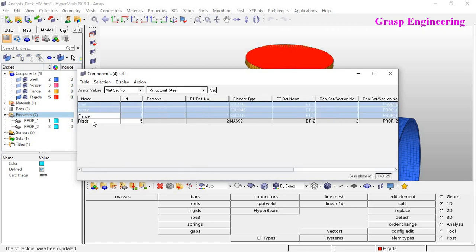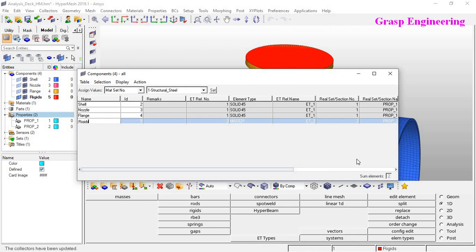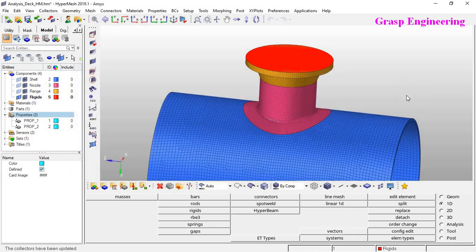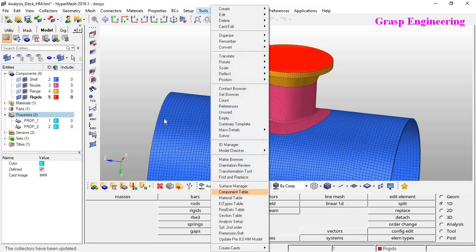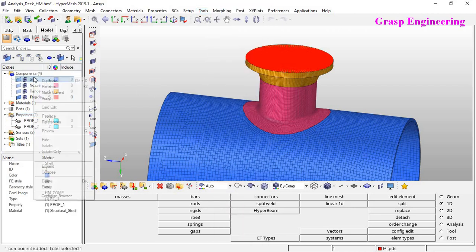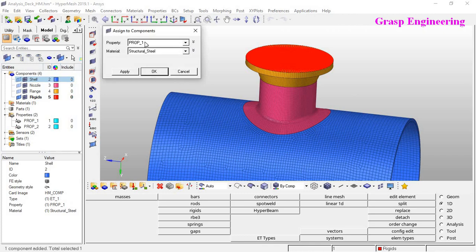So for this it is not required actually. These are the rigids, mass 21. Let's try with that. Close. So you can even, if we define from this component table, if you want to assign, right click, insert, assign,